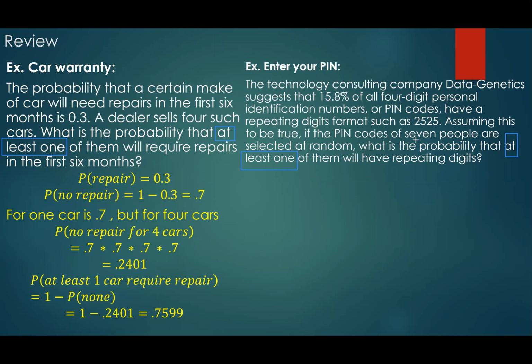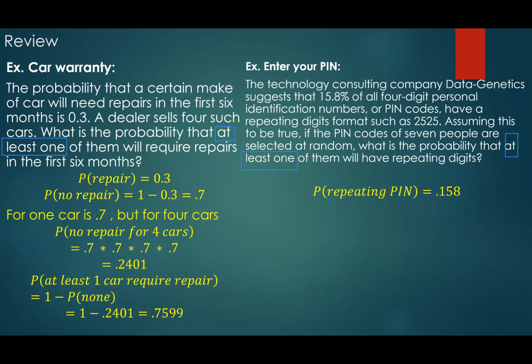So they ask you, if we randomly select 7 people, what's the probability of at least one of them having a repeated pin? Well, looking at this, what information do we have? We know that we have 7 people. Now, what are they giving me? Do you agree that the probability of one person having a repeated pin is